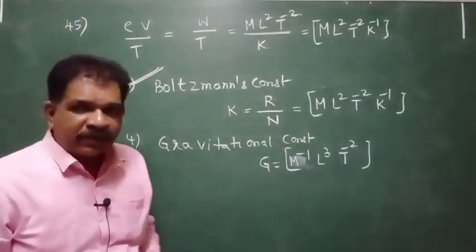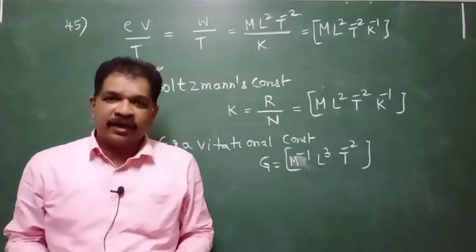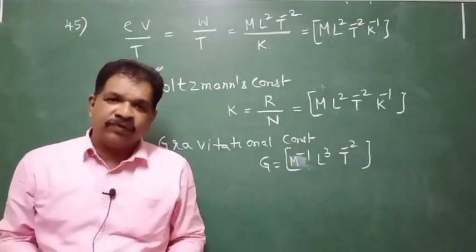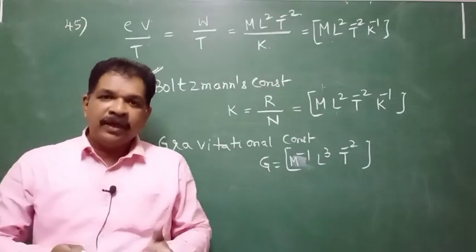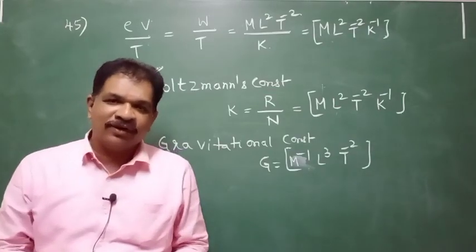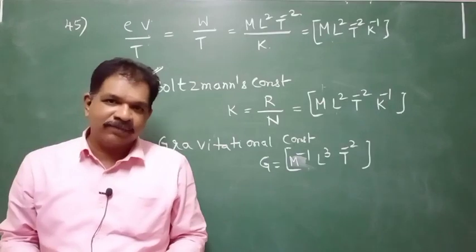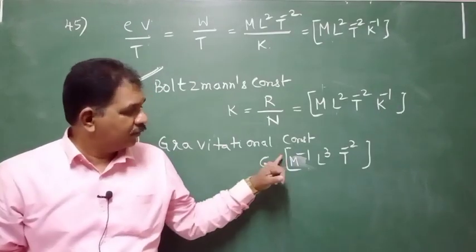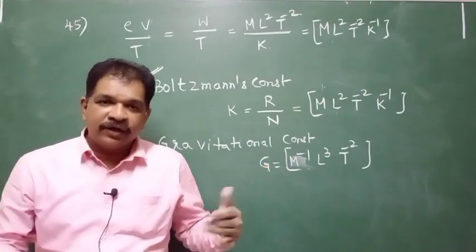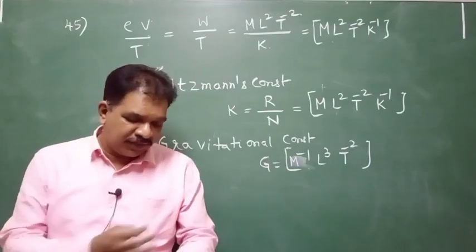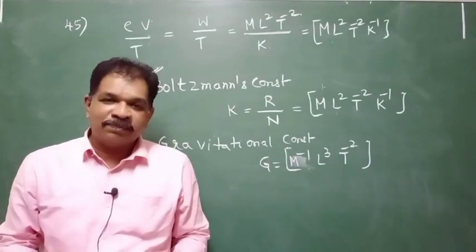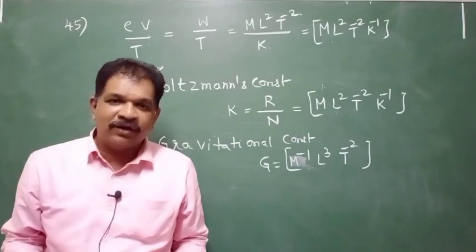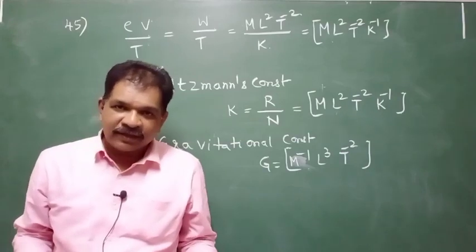Okay. Some new quantities which are not discussed in the theory also will come. You must be amenable, you must be flexible to learn the subject. Understood? Okay, with this we will stop now. We will continue in the next class. 45 questions are completed. On average per lecture we are doing 15 questions. Like that we will proceed.